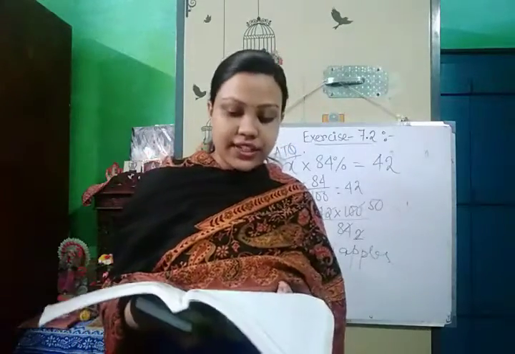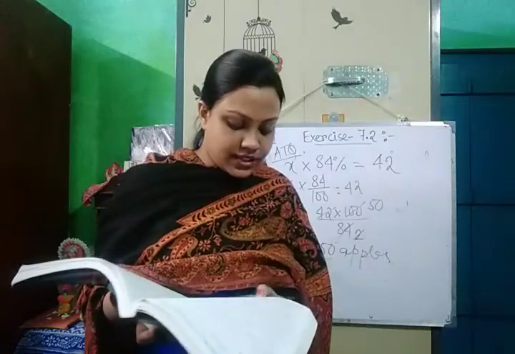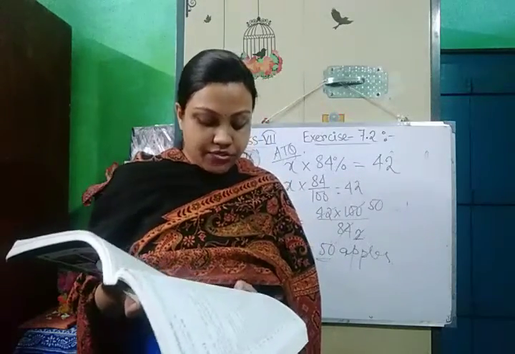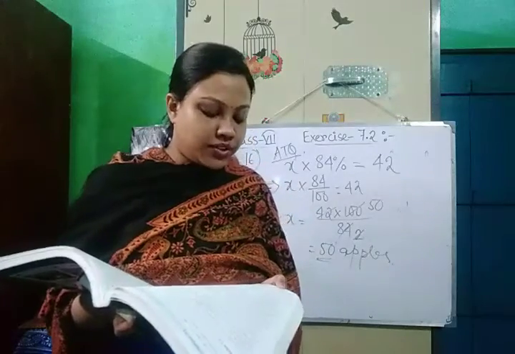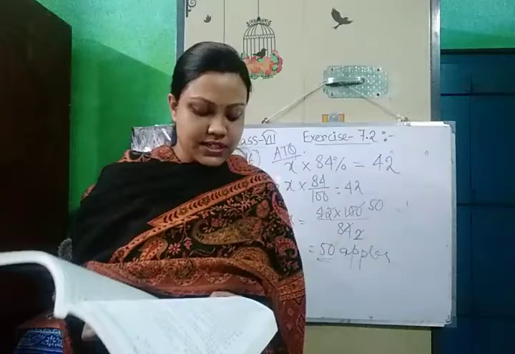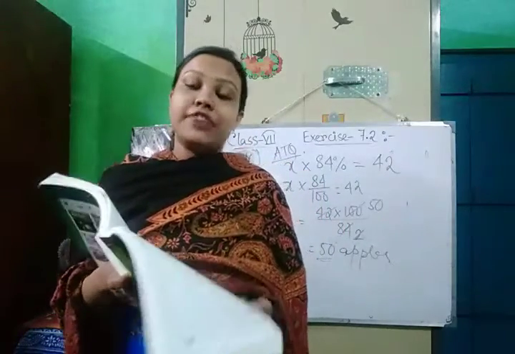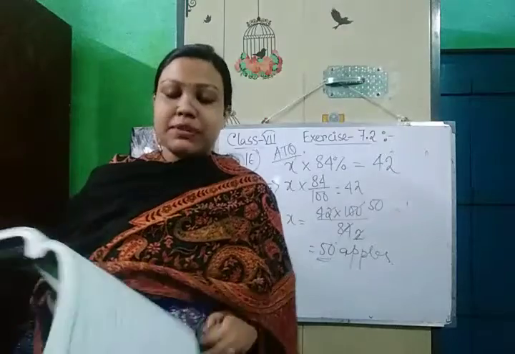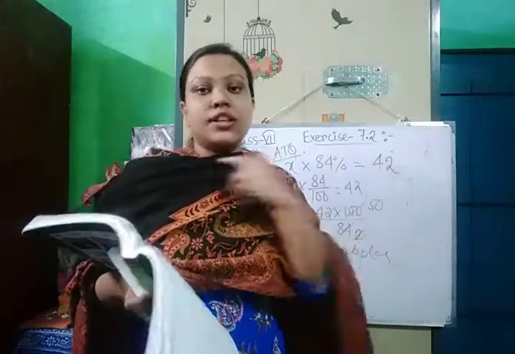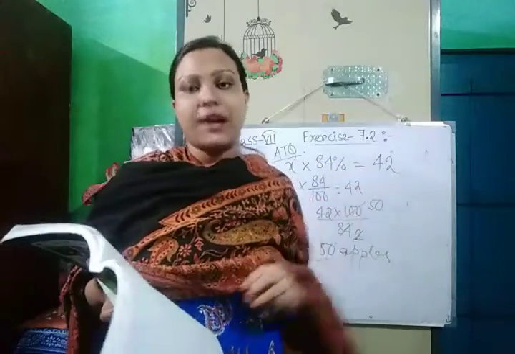Next, question number 17 I am doing. Question number 17 is: in an examination, a student has to secure 45% marks to pass the exam. If Varun got 251 marks and failed by 19 marks, what are the maximum marks? Varun is a boy who has got 251 marks and failed by 19 marks. That means if he gets 19 marks more, then he will be passed in the exam.